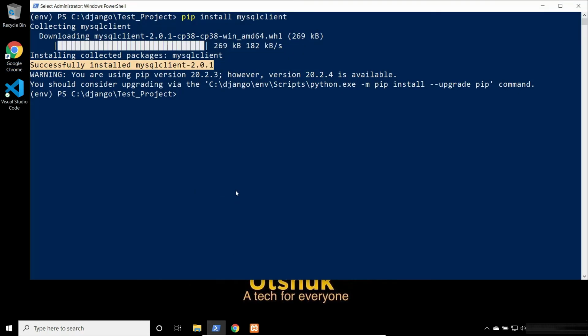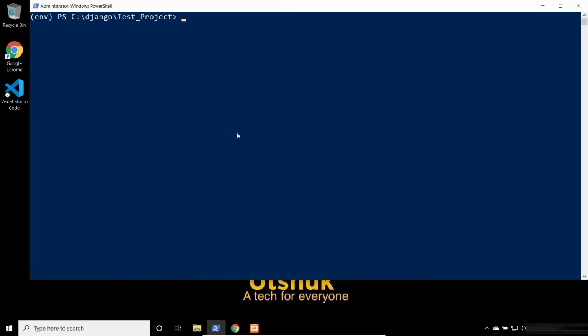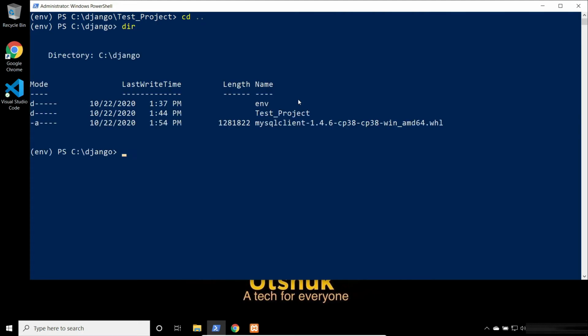Now let's clear out at first. Move one step back from your project directory and give dir. You will see this MySQL wheel, and you need to give the command pip install and this wheel name. Let's copy this and paste it here.